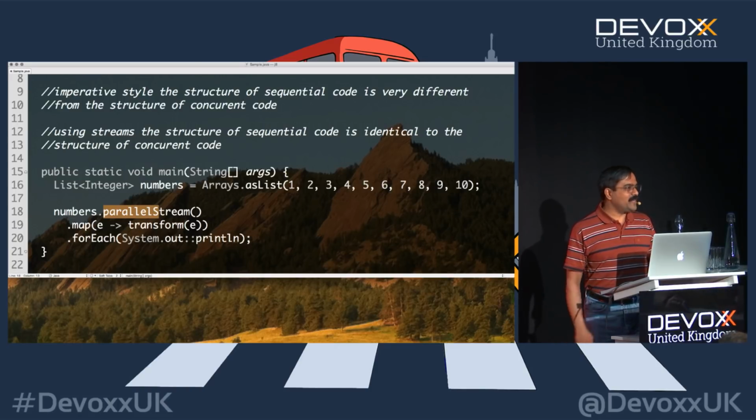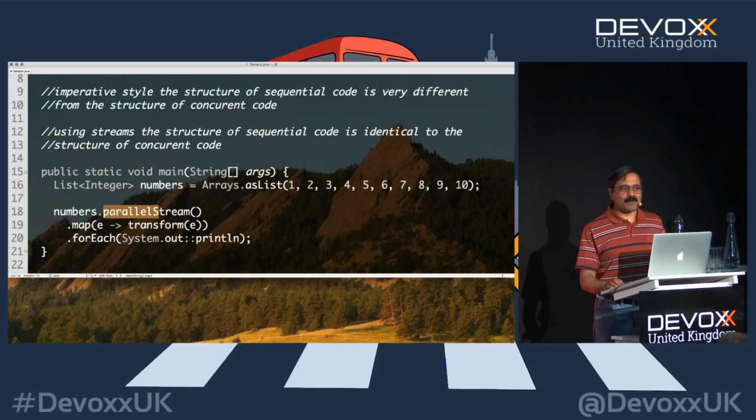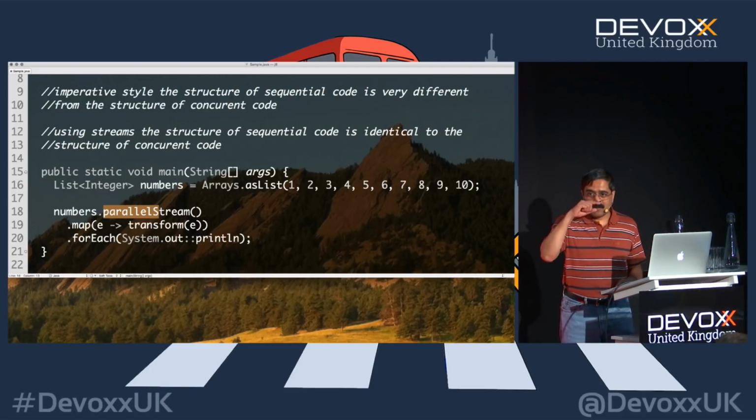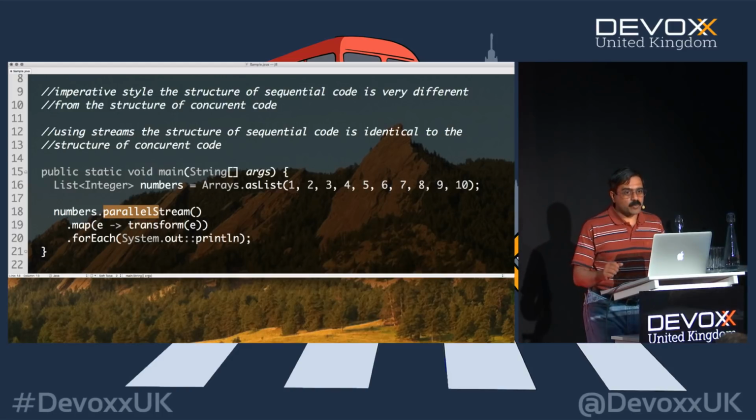And then, of course, we said, okay, that's a great proof of concept. We're getting performance out of it. Let's go for it. And then, of course, we spent the next year working on this big project to convert everything from imperative style to functional style because we were getting the benefit out of it. The challenge really was where we had a lot of mutability in code. Because mutability and parallel don't go together.